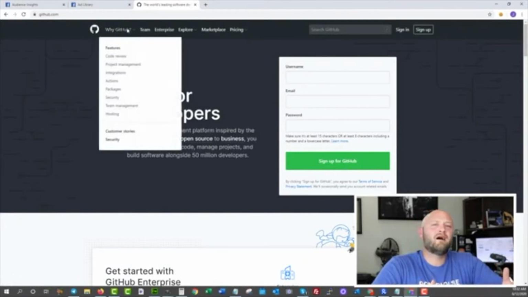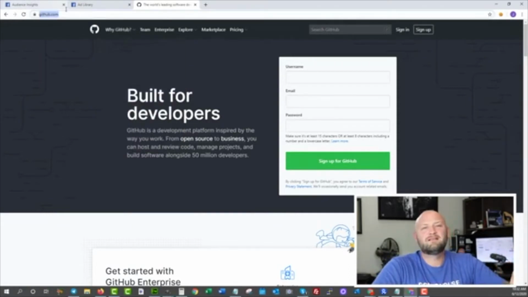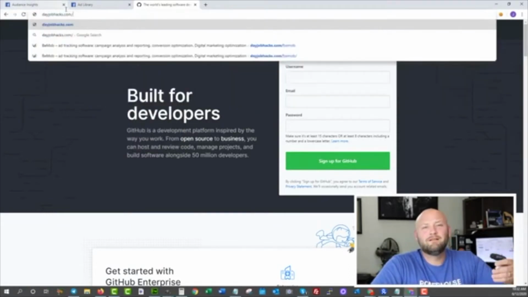But one of the options that I usually recommend to people who are just starting out and don't want to spend a lot of money on hosting is to check out Bluehost. You can get a free domain. Just go to